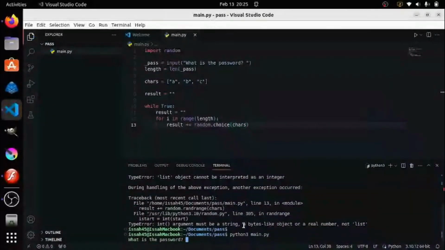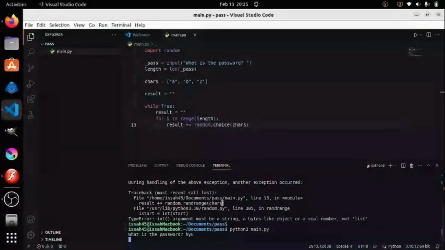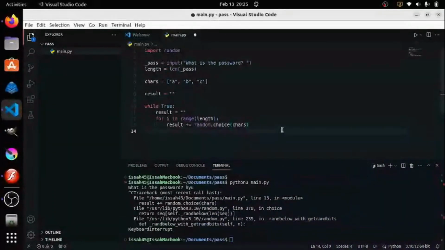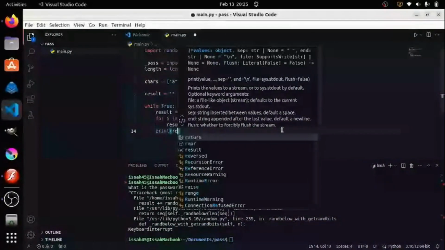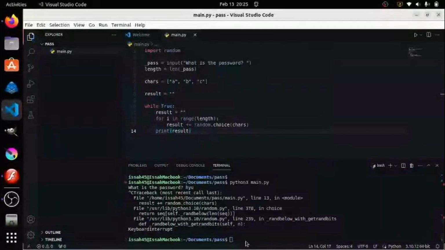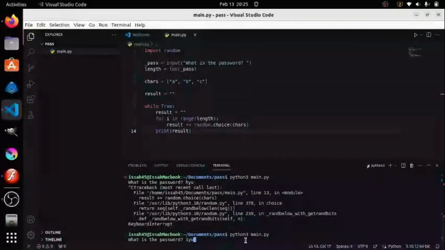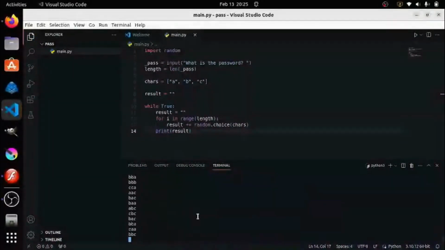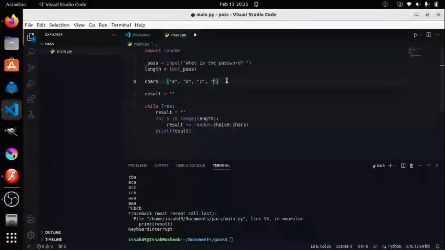So now let's run the file. Oh yeah, I'm gonna say print result. So now let's run it. As you can see, it's generating many different things. Now I'm going to put in all the characters D, E, F, G, H, I, J, K, L,